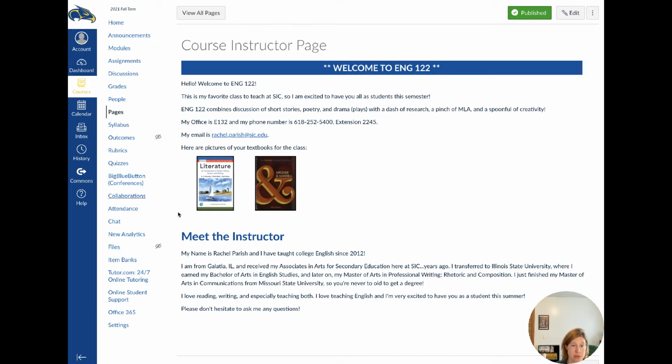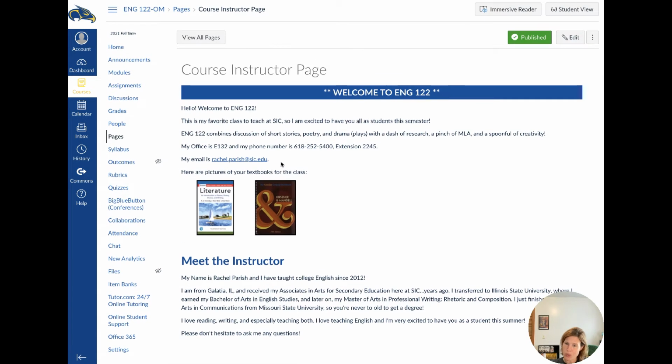So these are our textbooks. This literature textbook, the big white one here, you need that textbook. It is mandatory. We take so many assignments and readings out of it. If you don't have that literature textbook already, our bookstore is doing free textbook rentals, so you can get that textbook for free this fall. You just go to the bookstore. They'll make you sign a form saying that you're going to bring it back at the end of the semester, or they'll charge you for it. Then you can have that textbook for free. So get this literature textbook.